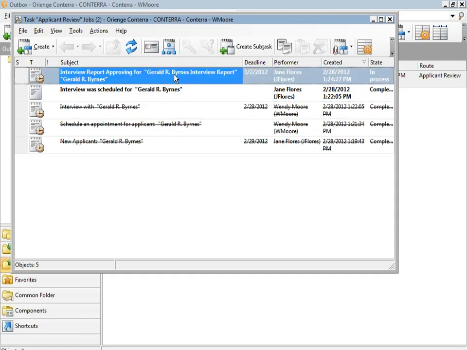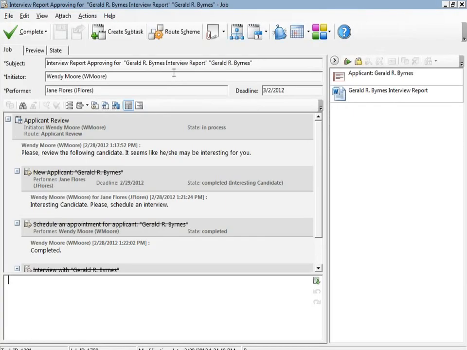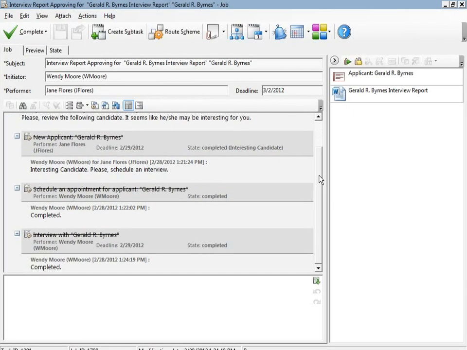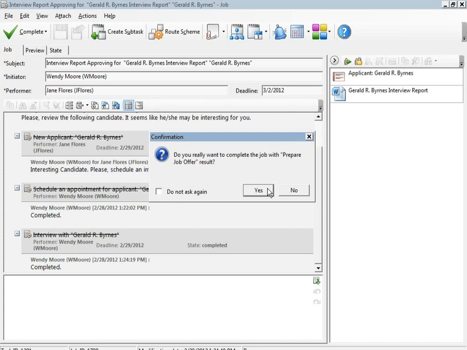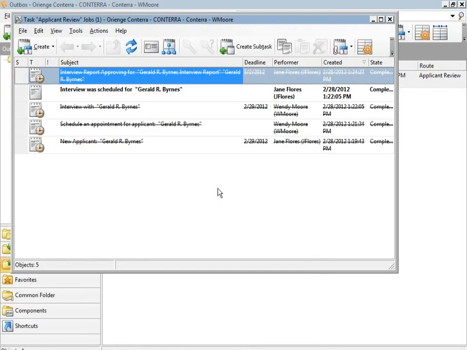Okay, so there's a job that says, here comes the document. What are my options? Wendy says she's done. I can either disqualify this candidate for whatever reason, and I can write comments down here if I choose to disqualify. I can consider this person for another position, or in fact, I can approve it and say, let's prepare a job offer. We need this driver, and it looks good. In my case, I'm going to say prepare the job offer. The task now was approved by